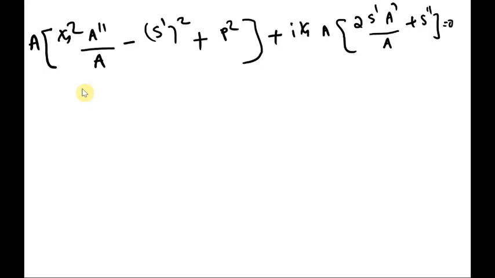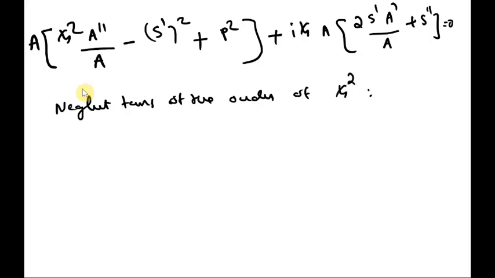solve the remaining equations. So neglect terms of the order of h cross square. Then what you will be having is the remaining quantities, which will give you